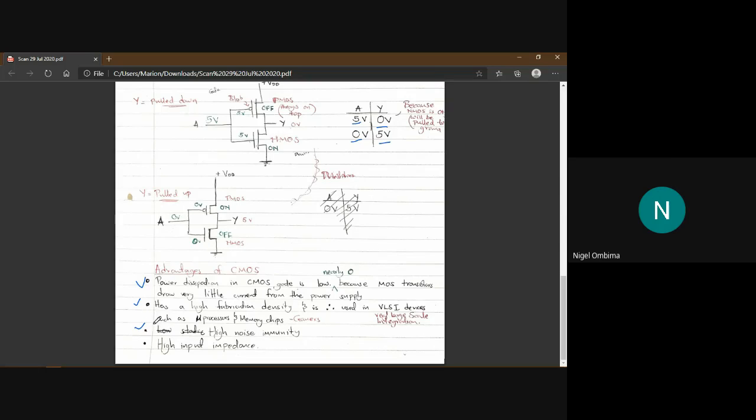And the 3rd one, sorry, it has a high noise immunity. And then the 4th one, it has a high input impedance. So I got all these 4 advantages. And something interesting about this advantage, for the gamers out there,